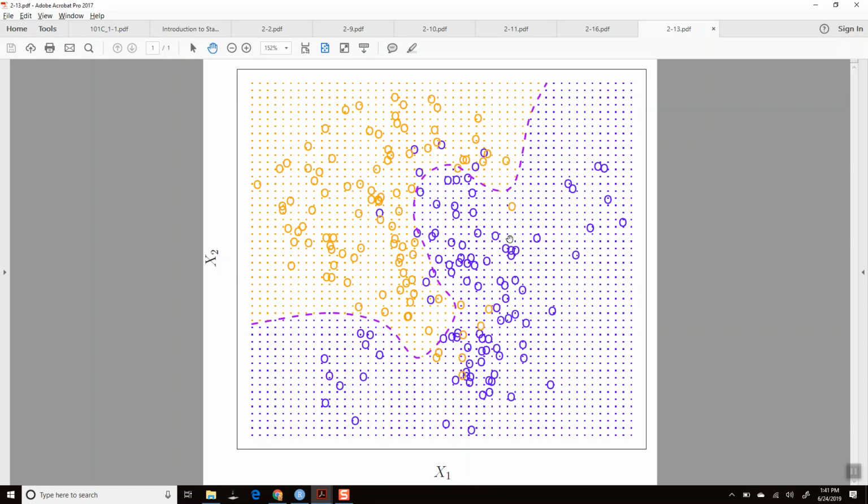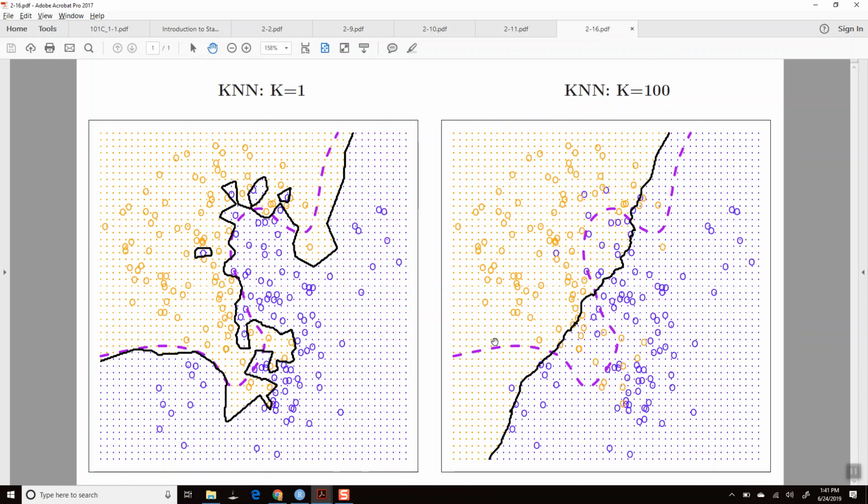I guess, actually, this is not the Bayes decision boundary, but anyway, we've generated some data. Sometimes you get blue versus orange, and this is kind of the boundary between these regions. And what we want to do is estimate kind of